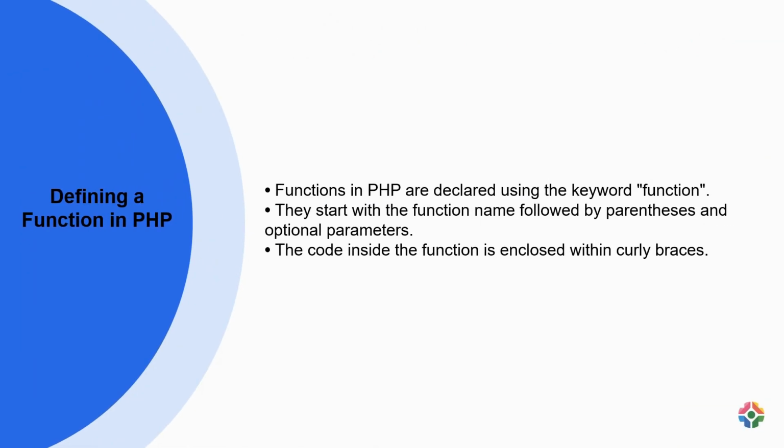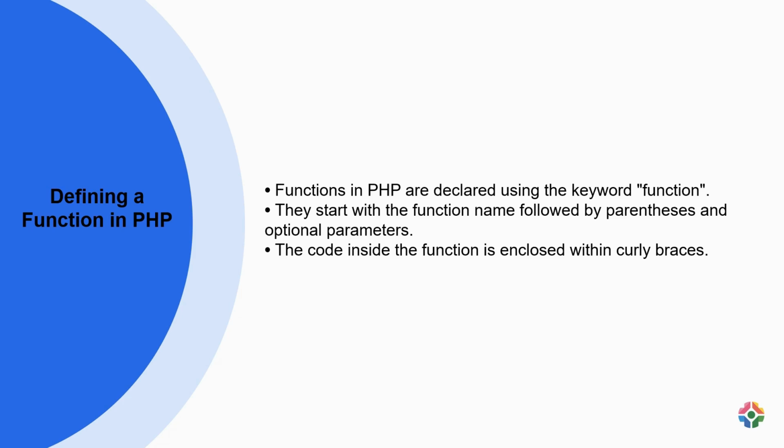Functions in PHP are created using the function keyword, followed by the function name and optional parameters within parentheses. The function body containing the code to be executed is enclosed in curly braces. For instance, a function named calculateArea could take parameters like length and width to compute the area of a rectangle. The function definition would look like: function calculateArea($length, $width) { $area = $length * $width; return $area; }. Upon calling this function with specific values for length and width, it would calculate the area of the rectangle and